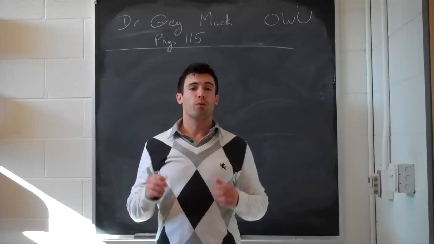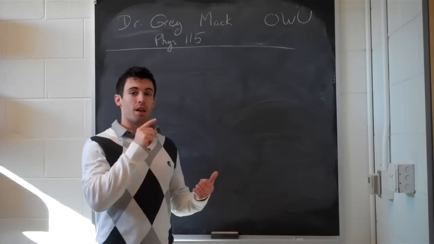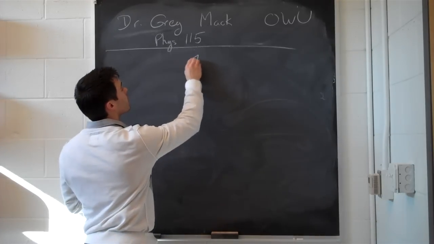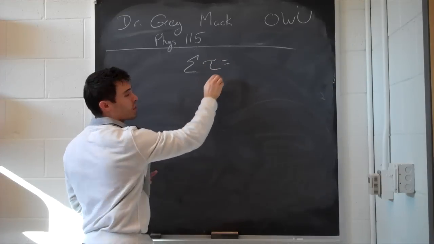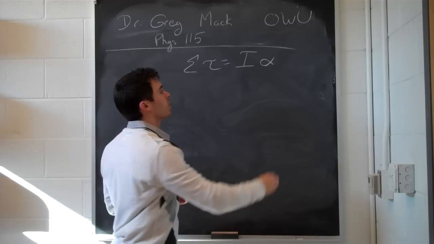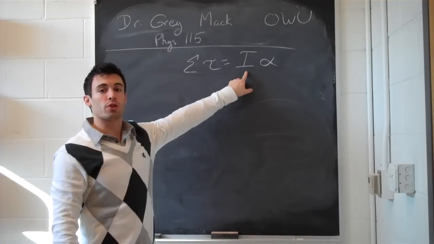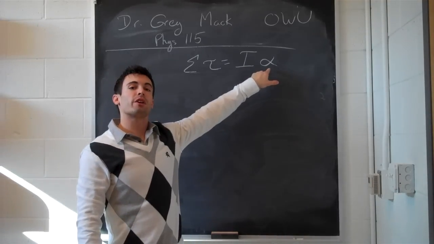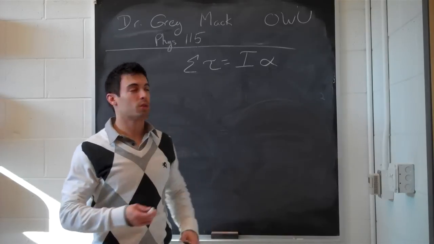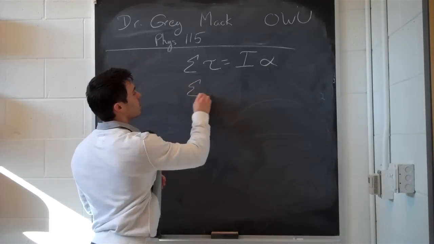Continuing on with rotational motion, remember what we talked about last time, that a net torque causes an angular acceleration. The sum of our torques, if there is a net one, is equal to I times alpha, where tau is for torque, I is the moment of inertia, and alpha is the angular acceleration of whatever object you're exerting a torque on. Okay? This, again, is directly analogous to Newton's second law